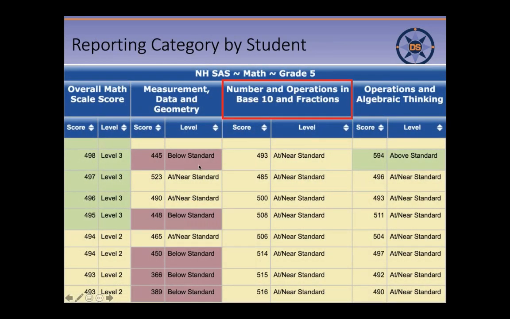If you're going to look at individual students, this is not the best data to do that with. This is really, truly a summative assessment. It is also formative for a grade, but it is not formative for individual students. For example, I could sort my students by numbers and operations in base 10 and fractions and put them into groups based on that. But this encompasses so many standards, probably 20 for some grades. It's just too big to attack.